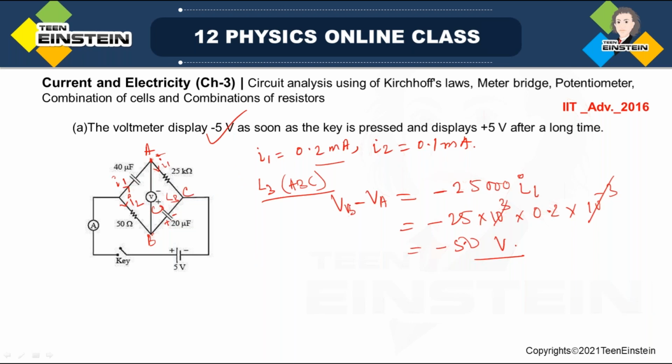When the voltmeter is on, the voltage shown by this voltmeter will be minus 5 volt. I can actually say this directly. Let me just erase this portion. Without doing any mathematical calculations, I can say that it will show minus 5 volt, because these are conducting wires, so the whole voltage will be dropped across this resistance alone. So look here, this point,